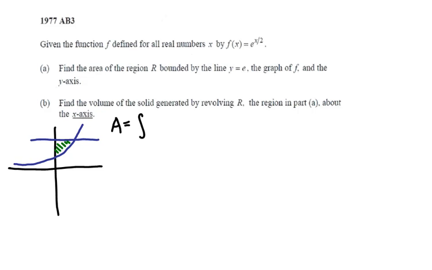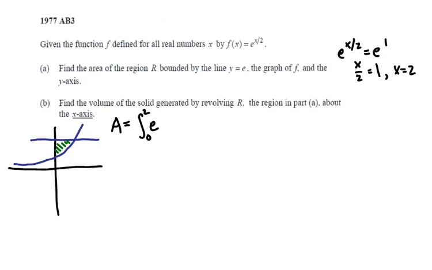We do need to find the points of intersection where e to the x over 2 is equal to e, and you can see that when e to the x over 2 is equal to e to the 1, then x over 2 must equal 1, and so x is equal to 2. So we want the integral from 0 to 2 of e minus e to the x